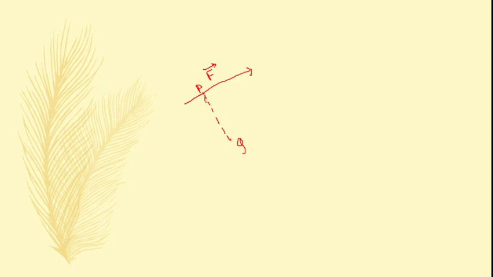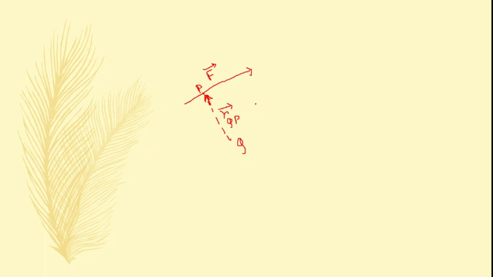Suppose this is the position vector. How can we write the notation of this position vector? It is R QP,